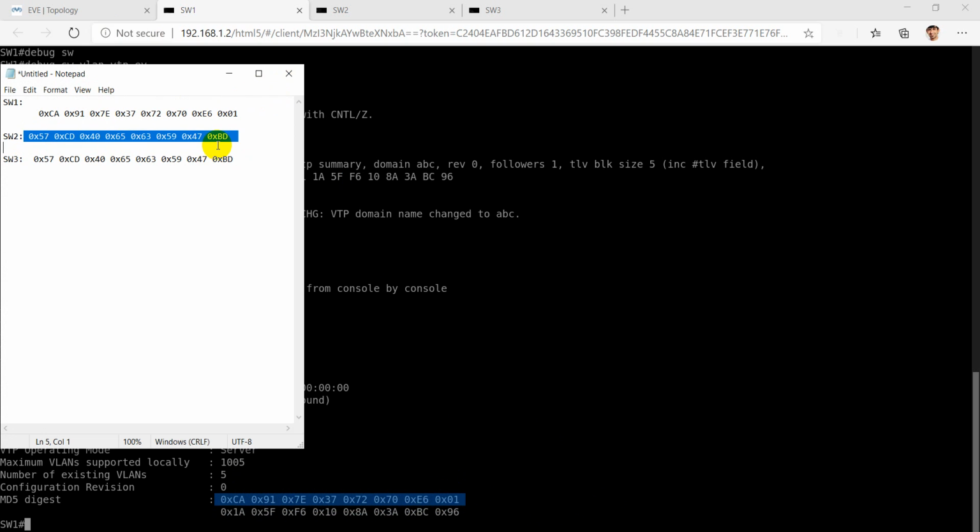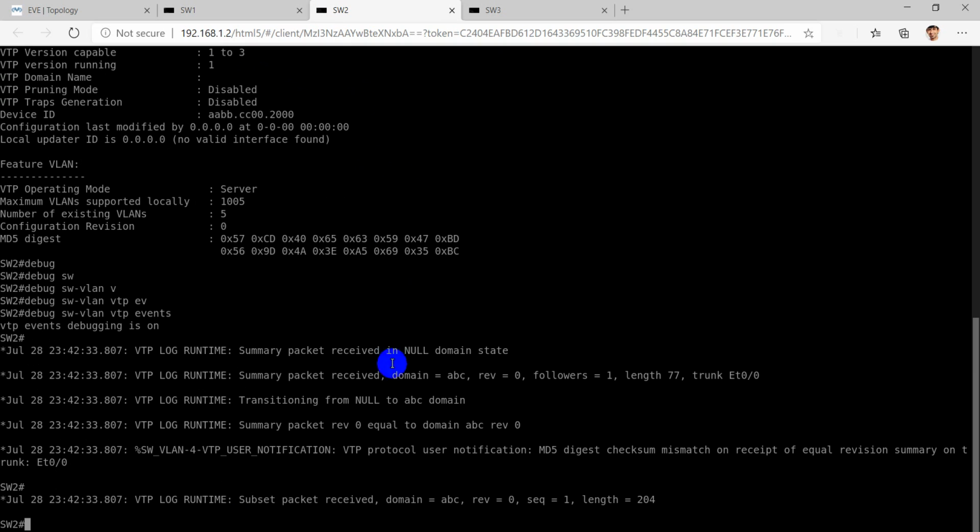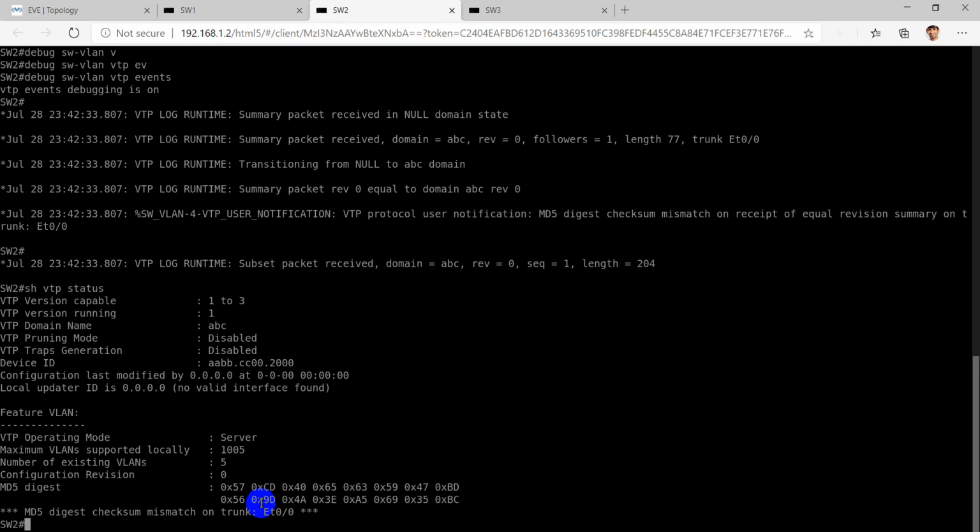On switch 2 and switch 3 as well, we'll check whether the MD5 value is the same or not. We'll go to switch 2 and do show VTP status. You'll see that we have not configured the domain name on this switch, as it's in server mode, so it has not recalculated its MD5 value.